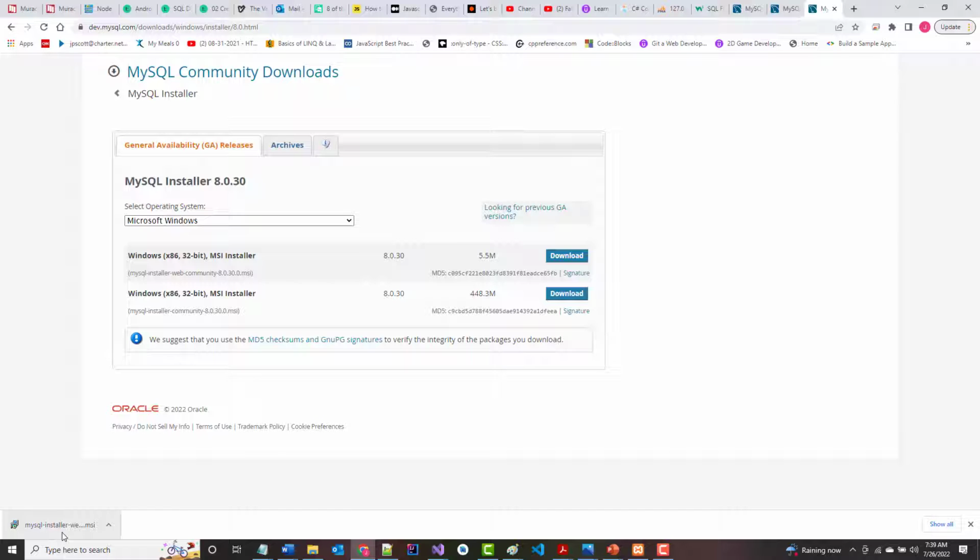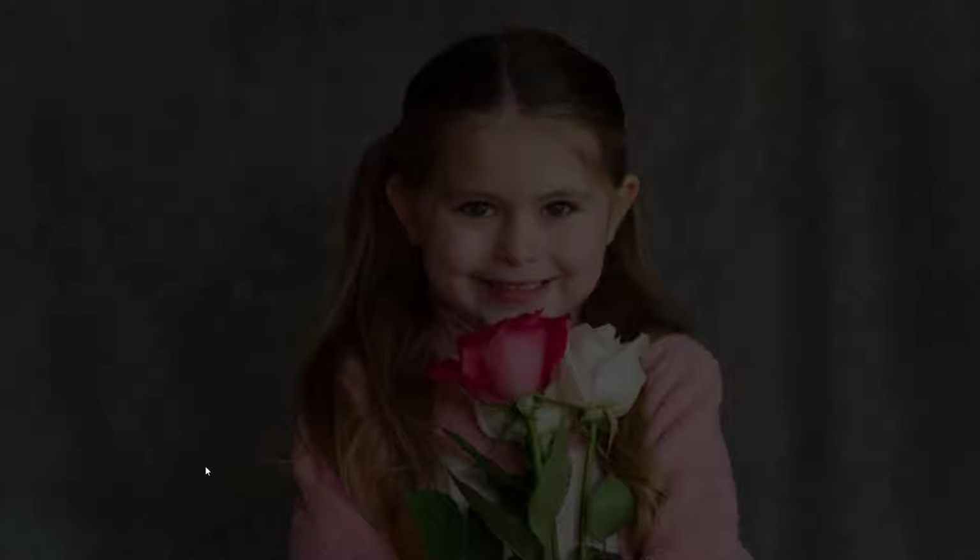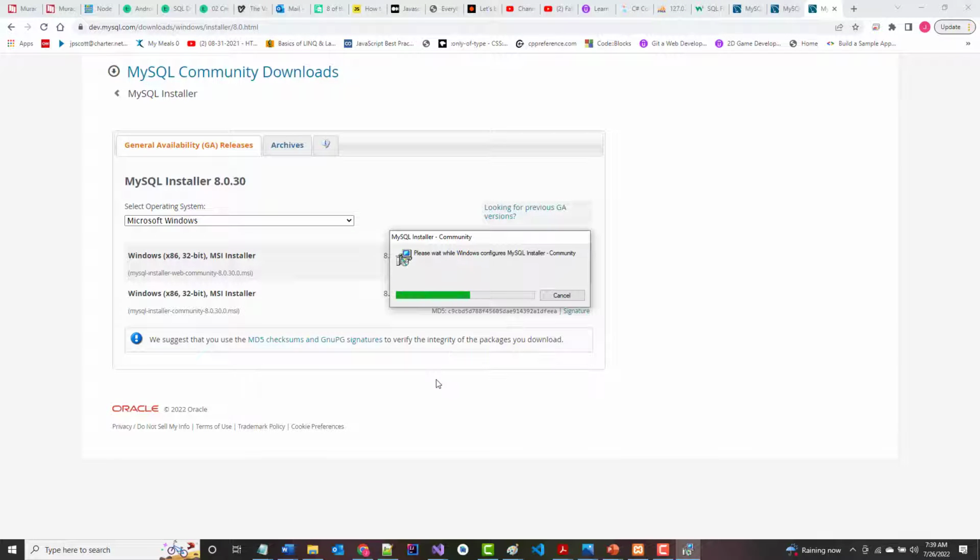All right, so with this one, when I open it, if it does come up and say that I need to have Visual Studio,